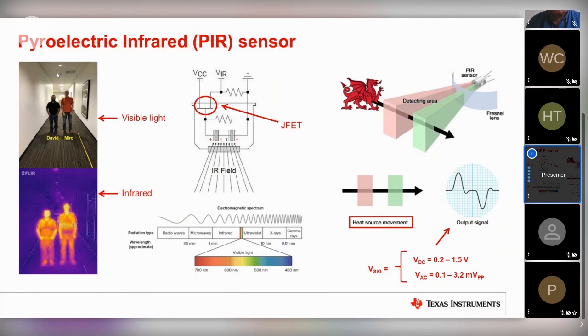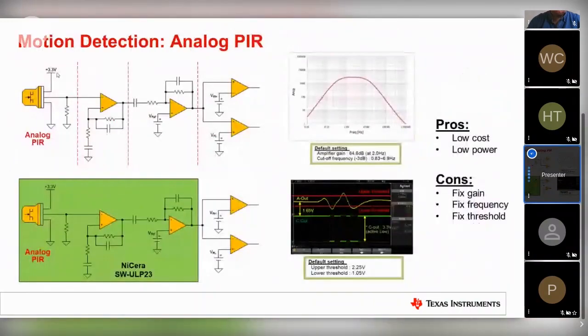When we are 1 meter, 1 foot, in front of the sensor, our signal maximum is going to be 3 millivolts peak to peak. So we are dealing with a very small AC signal sitting on a very high DC signal. So that all creates